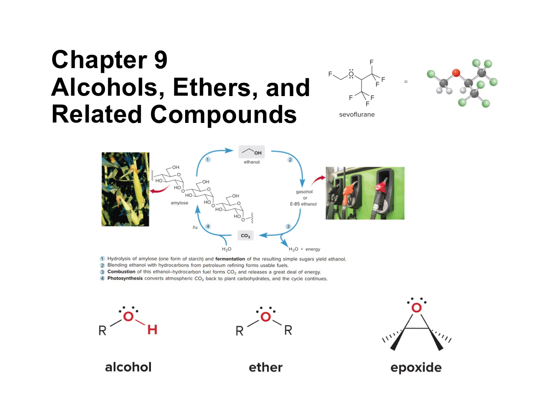And for example, ethanol can be obtained from things like amylose in corn to end up with, for example, gasohol or E85 ethanol, which is used in gasoline. We're also going to talk about the ether functional group, which is shown right here, where you have an oxygen with 2 carbon groups on either side. Diethyl ether, which is CH3, CH2, O, CH2, CH3,